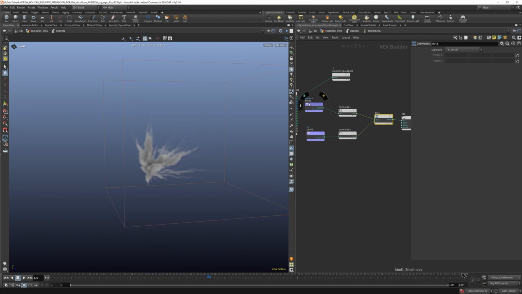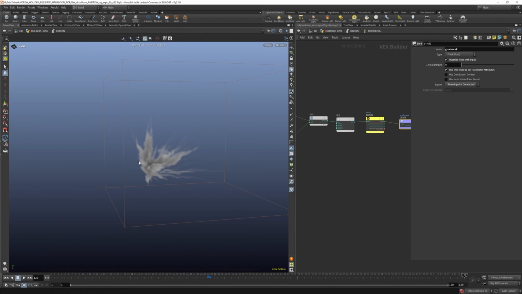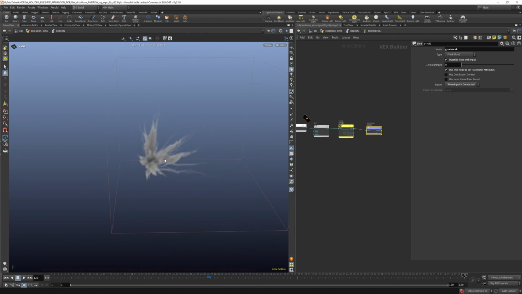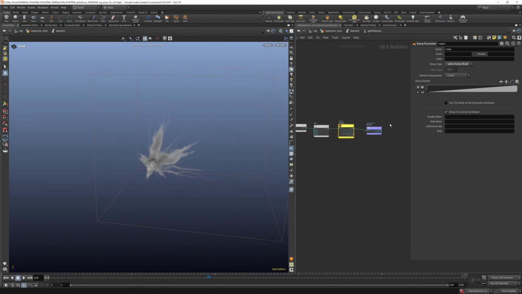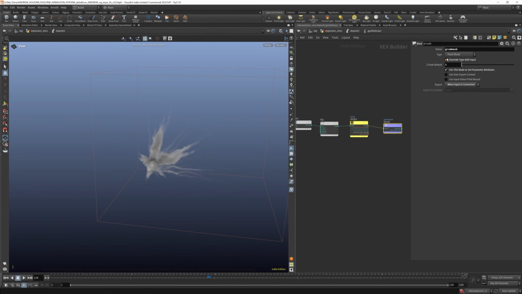So think about the gradient is the outside surface and the velocity is the direction in which it's traveling. And where these two are aligned, we're going to keep that mask. That's going to be known as our gradient mask. So here's the surface and it's traveling in this direction. So here is where our gradient mask is, and then it's going to fall off along the sides. And I'll create a visualizer just now so we can take a look at this. And then it's being fitted into this ramp so that we can mask it, and we're exporting this as gradient